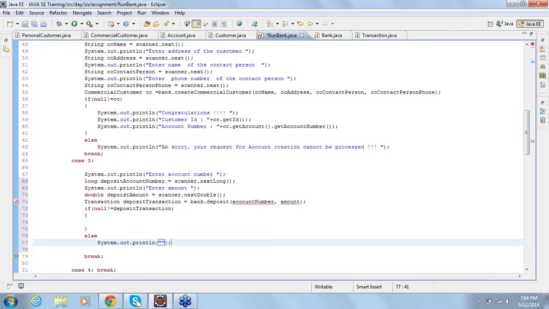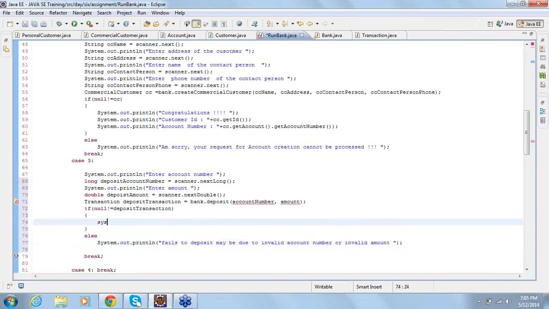If the transaction is not successful, then I give a message, fails to deposit, may be due to invalid account number or invalid amount. It can be any one reason.